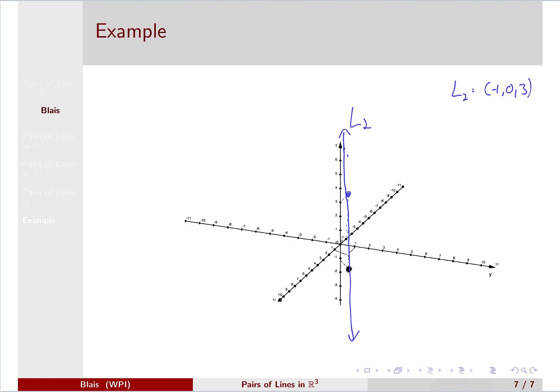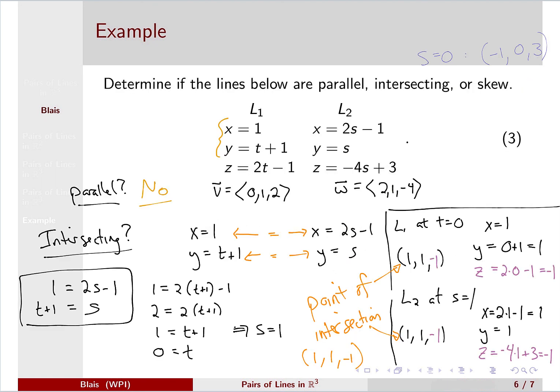And to find a point for L1, we'll need to choose a time different than 0. Let's say time t equals 1. At time 1, we have 1, 1 plus 1 is 2, and then 2 times 1 is 2, minus 1, 1. So we have the point 1, 2, 1,